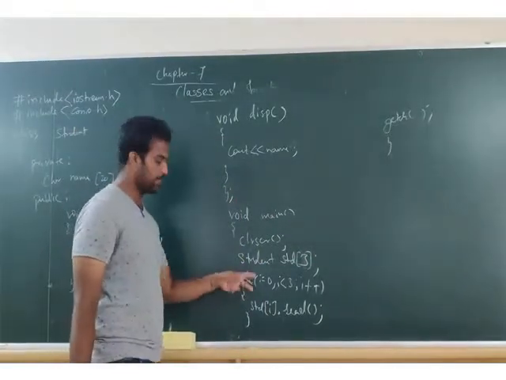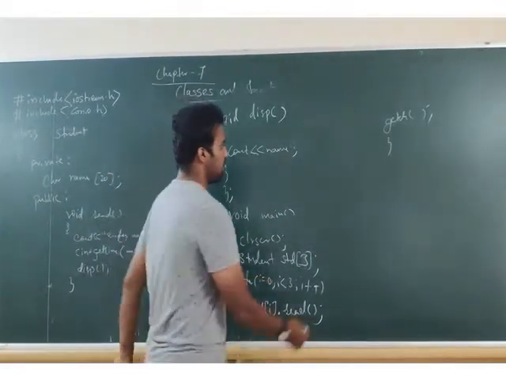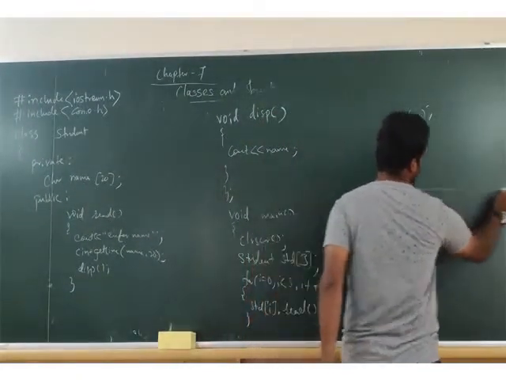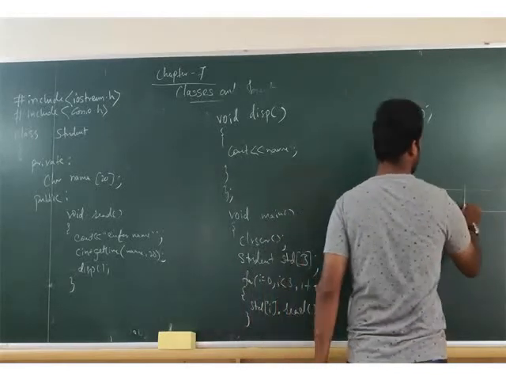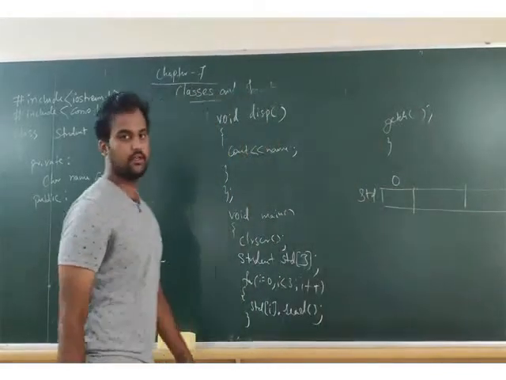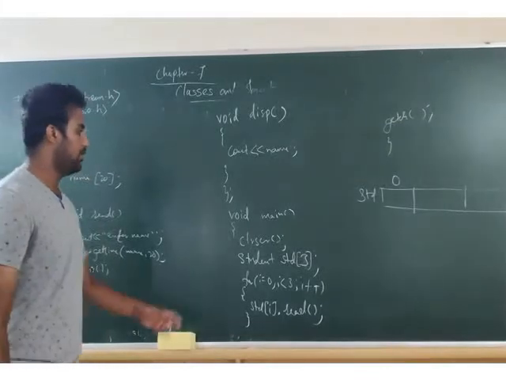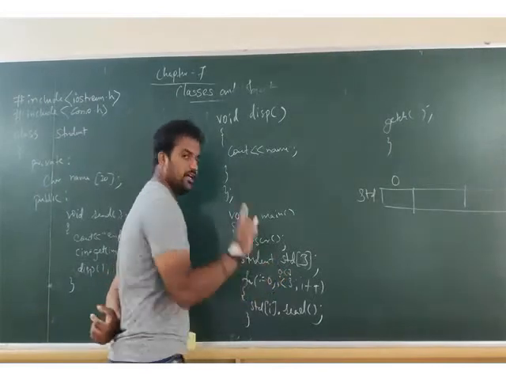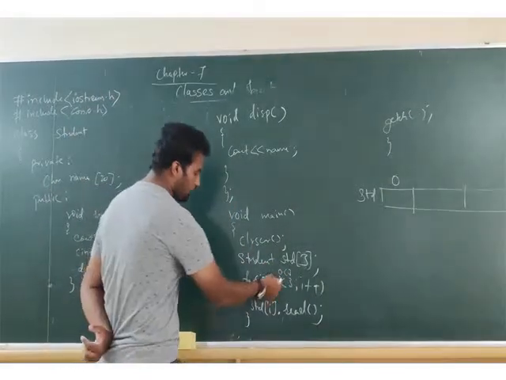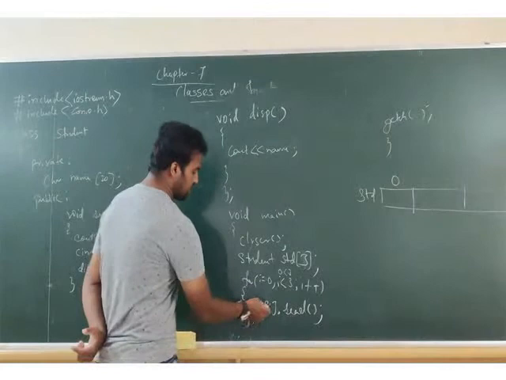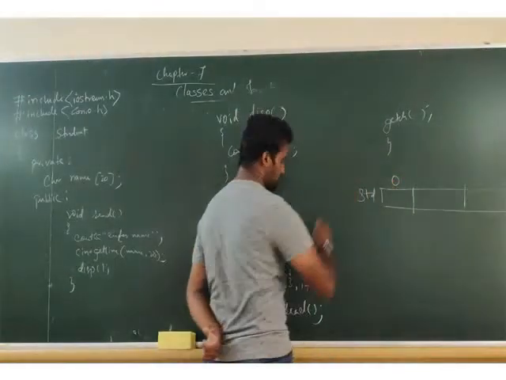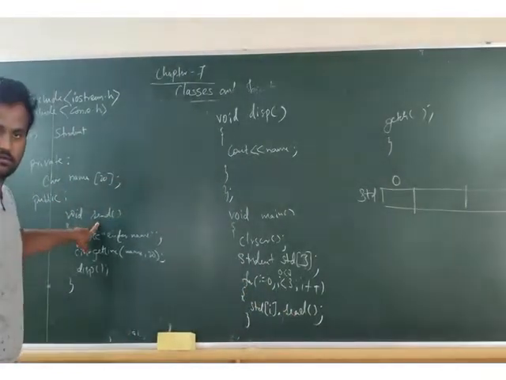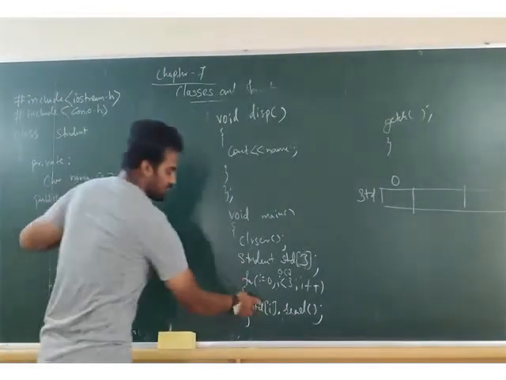Now let's come down. i is equal to 0, start from 0. Here it is std. Now let's see. i is equal to 0, 0 is less than 3. Condition true. Condition true means come down here. std of 0, we have to go for read. Where is read? Come here. Right here, std of 0.